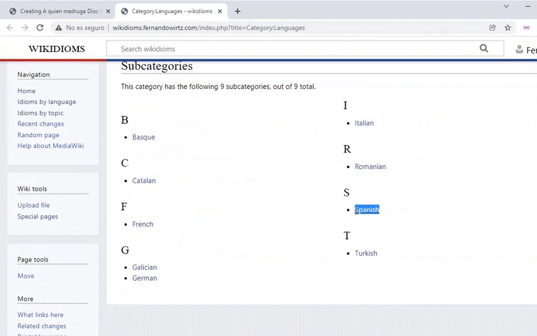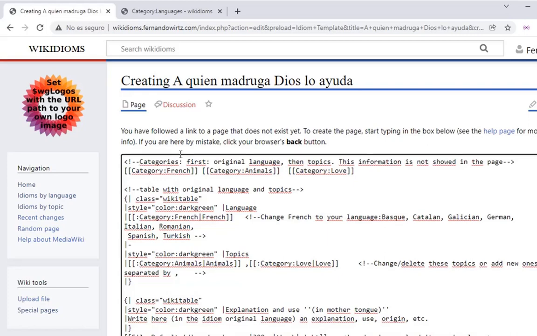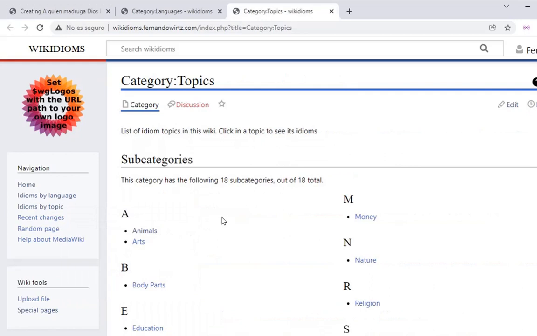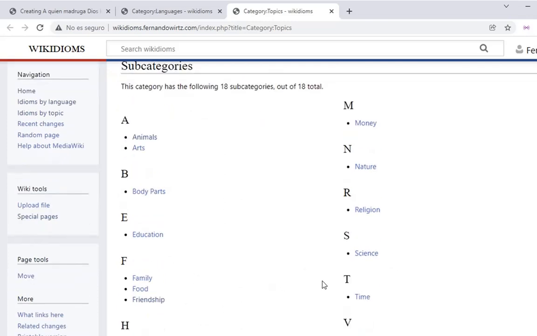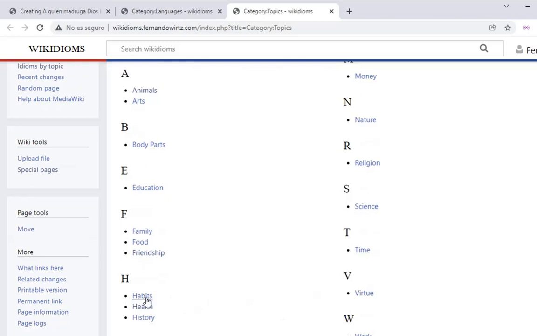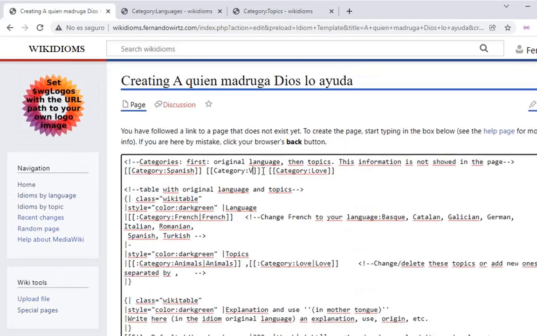So I'm going to copy, Ctrl C, and go here, delete French, and Ctrl V to paste Spanish. Categories, perhaps for this idiom I can do the same thing. Open in a new tab, idioms by topic, and here I have a lot of topics: animals, arts, body parts. Perhaps for this idiom, religion, virtue, and habits will be okay. Virtue, habits, and I'm going to copy and paste a new one,